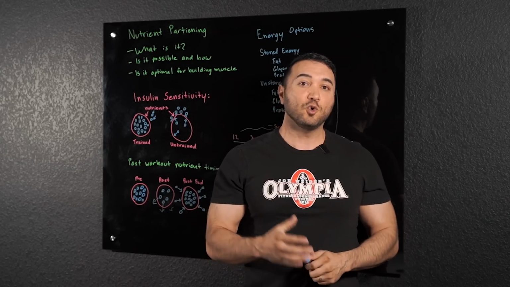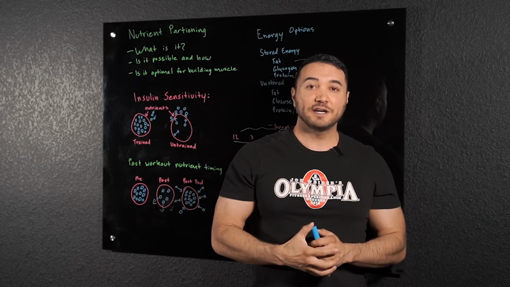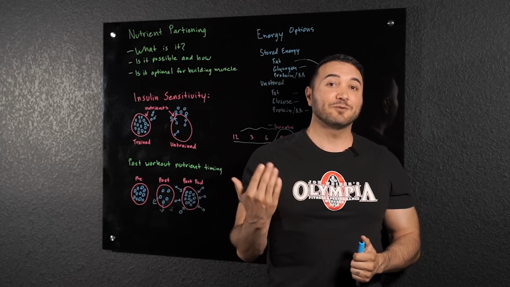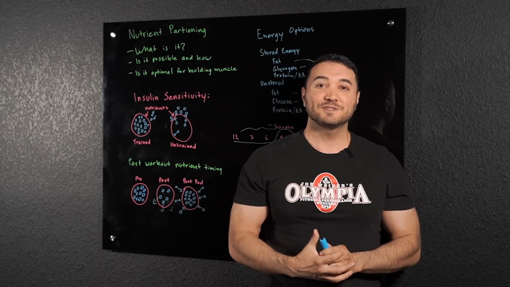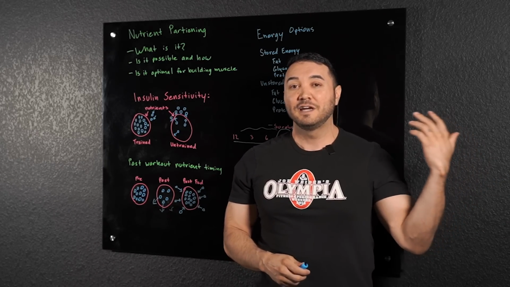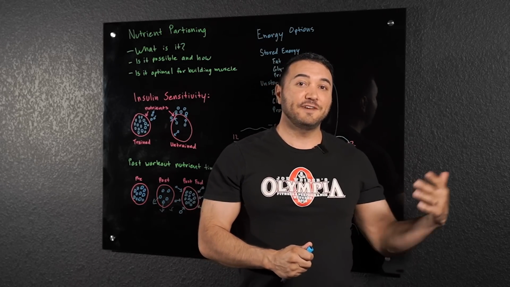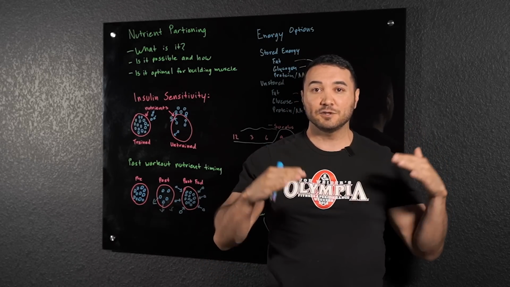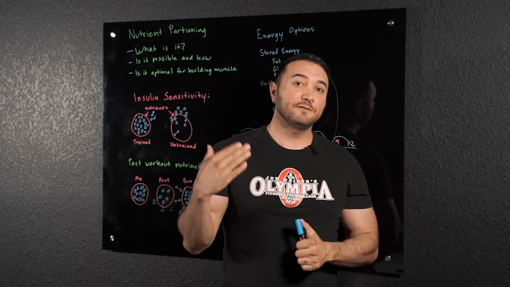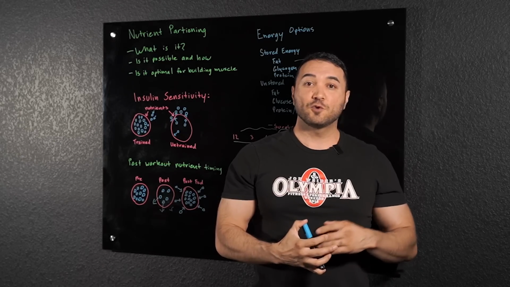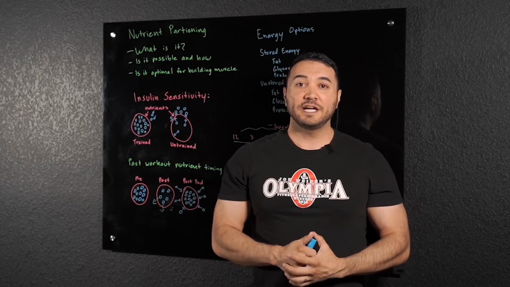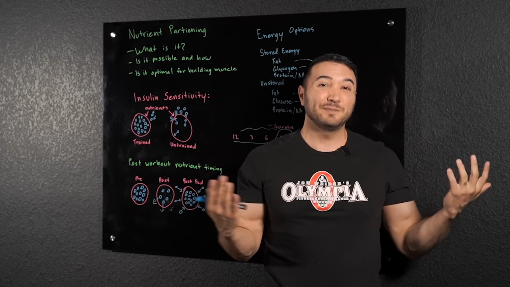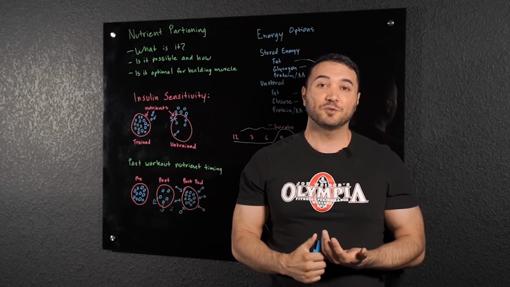It's more there. The body's going to hold on to those last 10 pounds of body fat a lot more than if you're 100 pounds overweight. The body is trying to get rid of some of that weight if you're 100 pounds overweight, so it's going to be a lot easier, a lot more effective for that person. If you're a very advanced lifter, that's going to be another scenario that changes things. So it's all on a sliding scale of how effective this is going to be. If you're someone who has 40, 50 pounds to lose, and you're like, I don't want to go through a period of gaining, I want to go through a period of just cutting, but I'm not going to build any muscle. Well, good news for you is you can still build muscle while doing it.